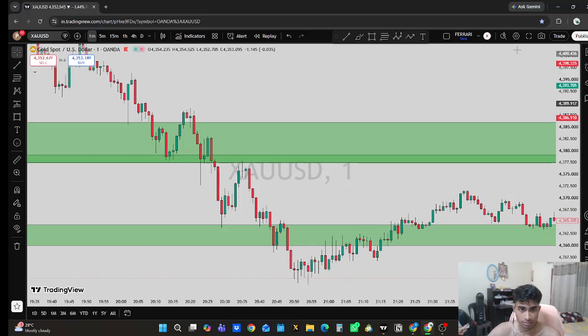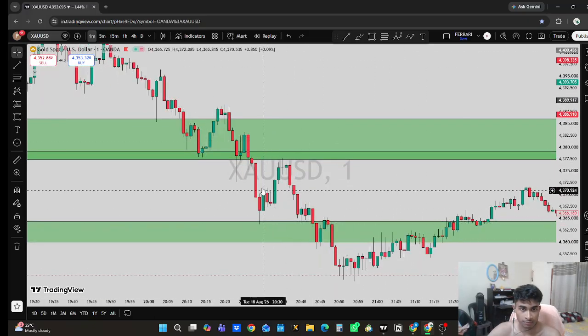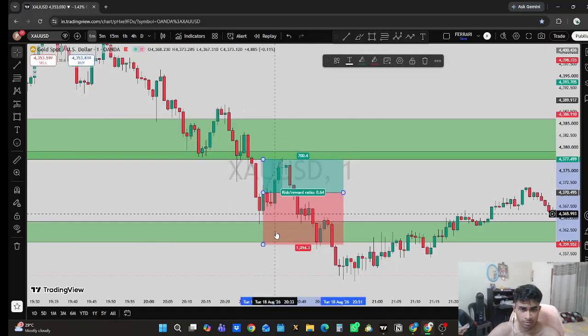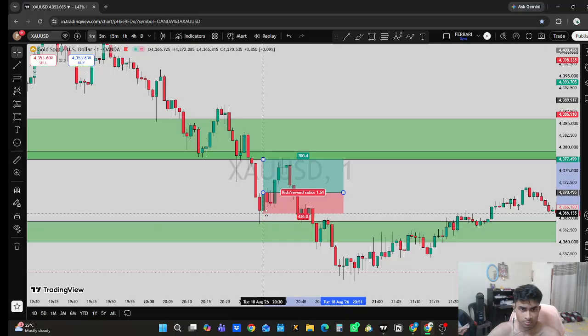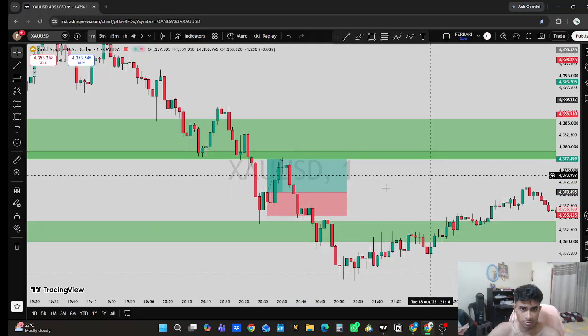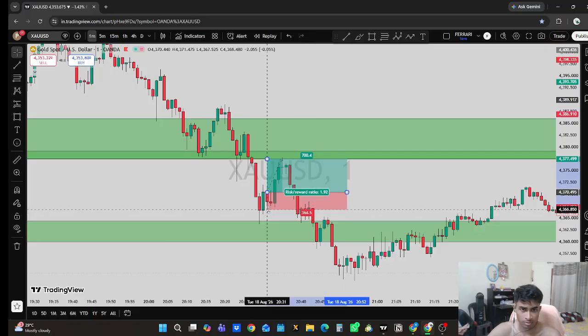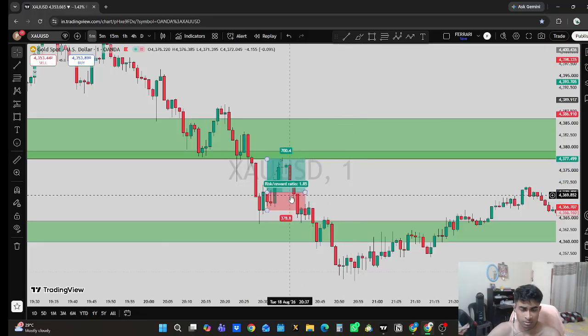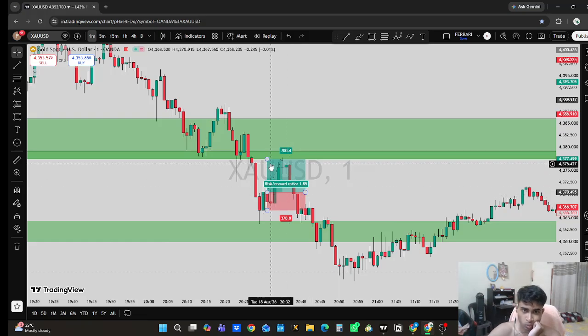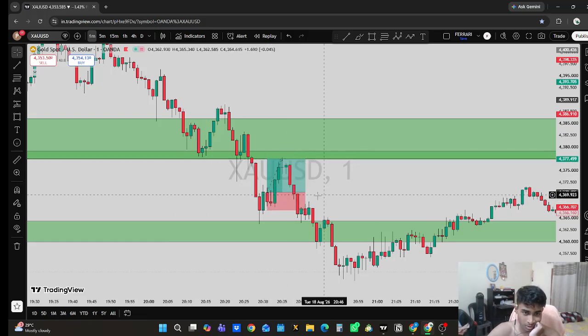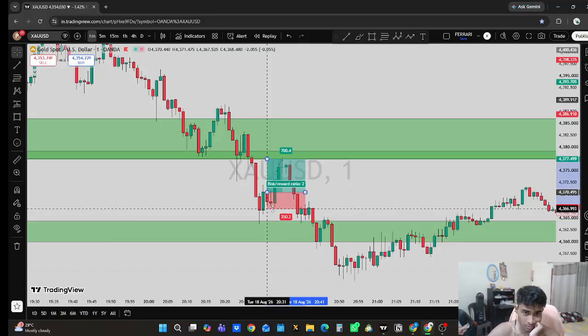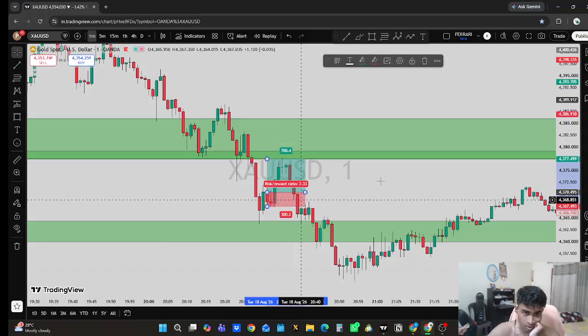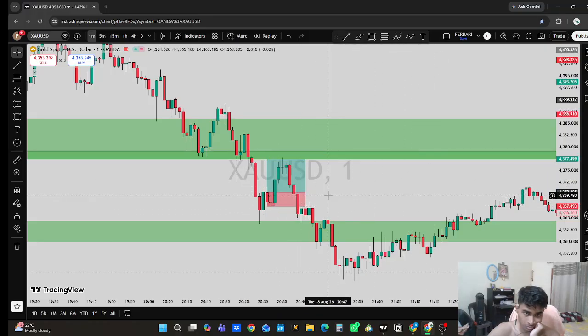But on this RBS level, market kind of tapped in and gave an engulfing candle. Okay, so this for the arbitrary. So, engulfing candle. Let's keep the stop loss exactly at the low of this point. So this is basically 1 to 2 almost, but still, if we consider this trade as a trade, I would have simply put it at 30 pips, and I would have taken an SL.